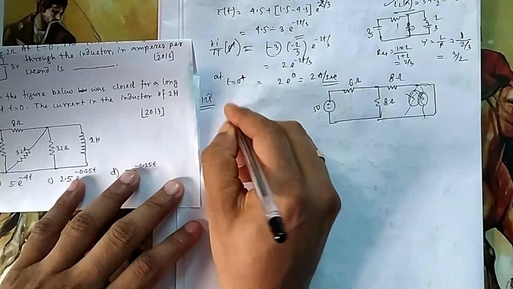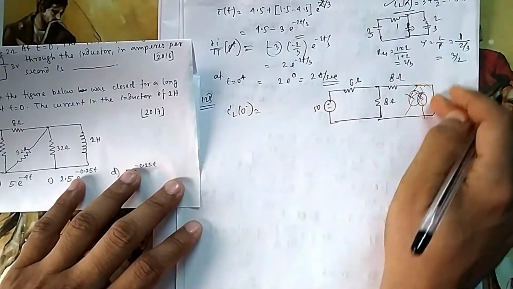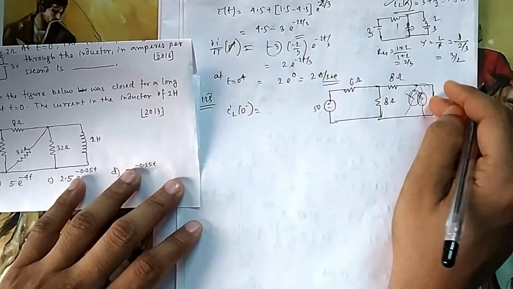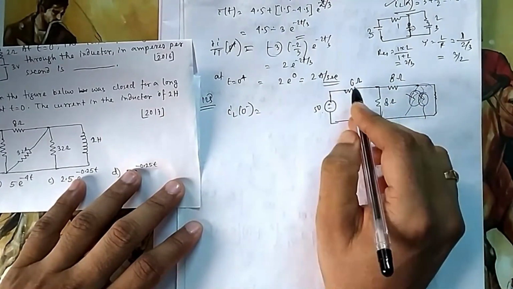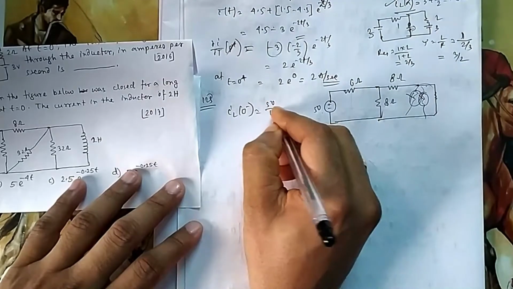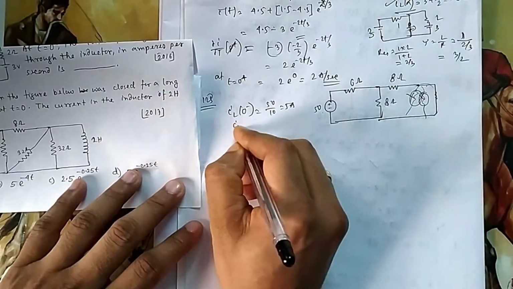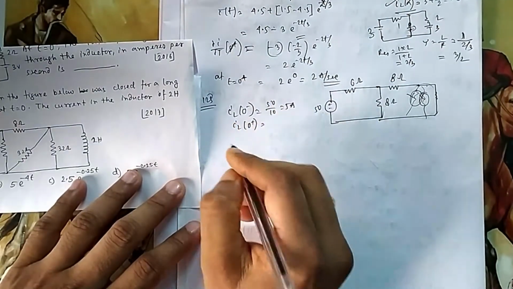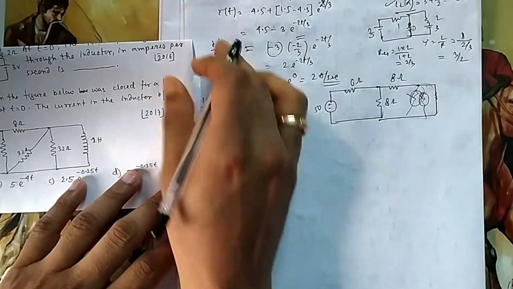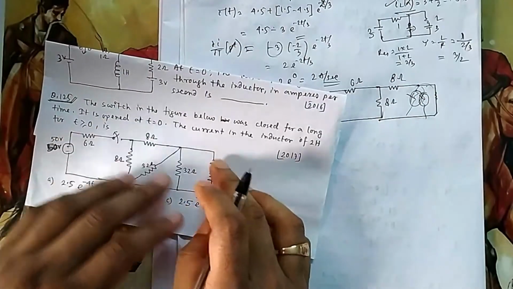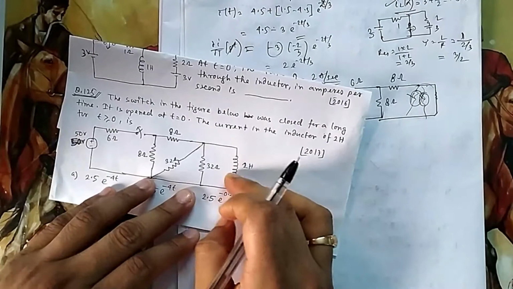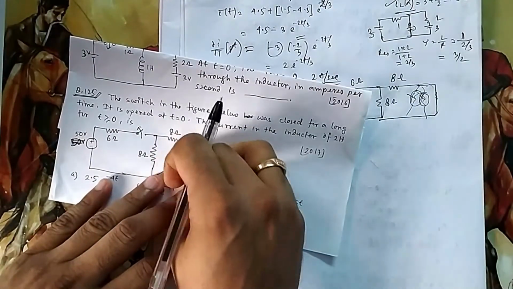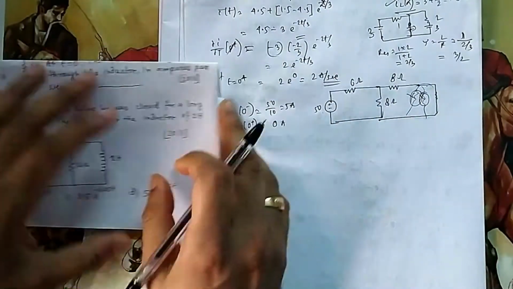So your IL at 0 minus, the current that was flowing, this was your inductance which is shorted. So what is the current flowing through it? 8 and 8 parallel is 4 plus 6, 10, 50 by 10, it is 5 ampere. This is nothing but IL at 0 plus. So initially you will get this current. What will be the final current? Now if you keep it open for steady state, ultimately your inductor will discharge and your current will become 0, because if you open it, there is no source. So whatever energy it stored, it will deliver to the resistance, then it will die. So current will die down.